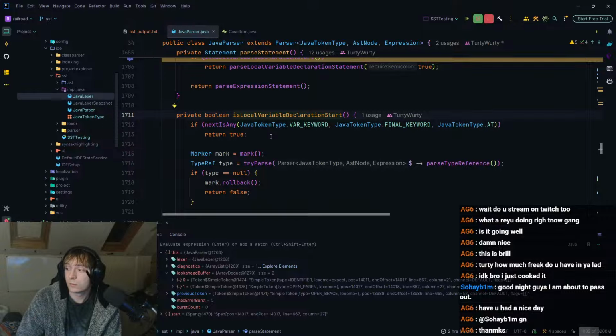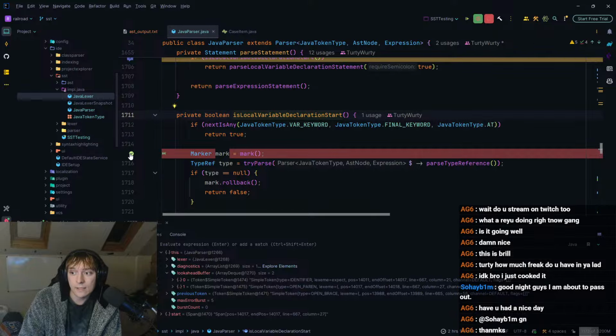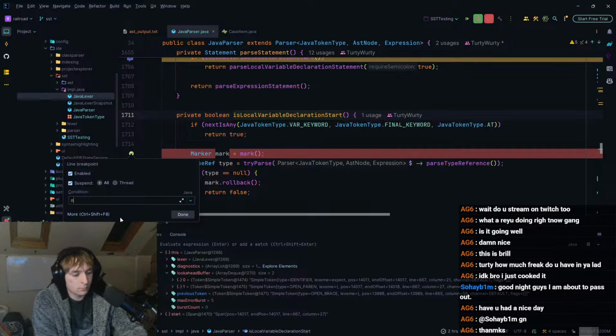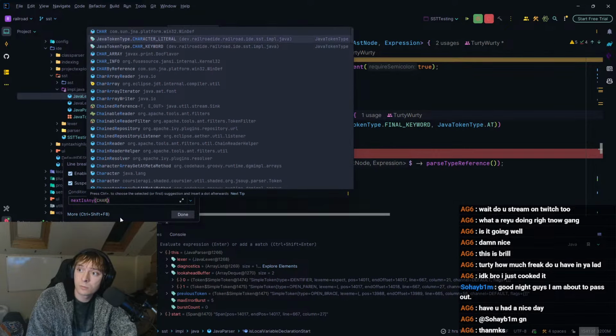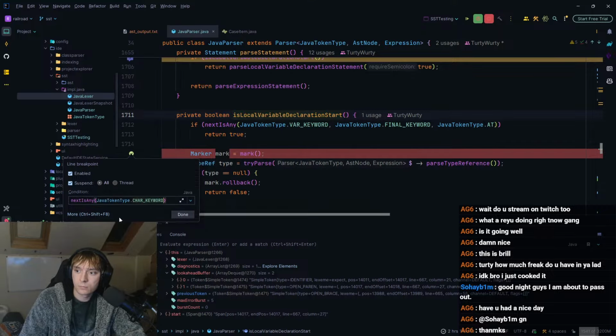Possibly if we breakpoint here and say next is any char keyword, that might work.